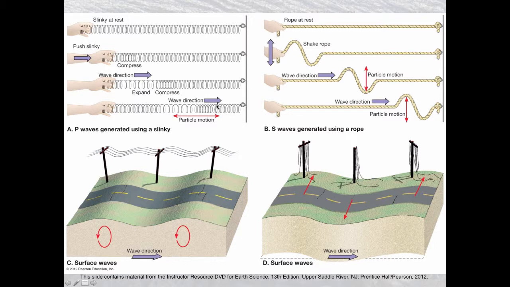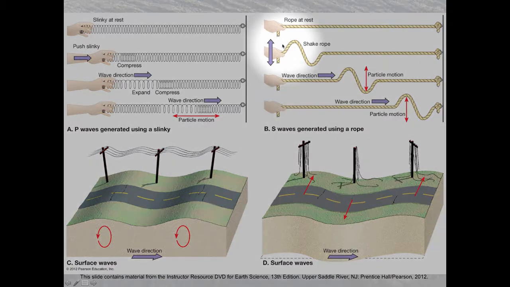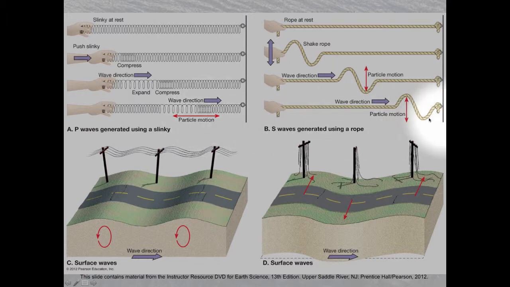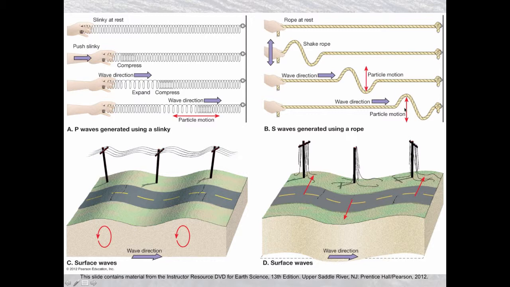Now, an S wave is more of a shaking motion. It's not a compressional wave. It's a back and forth or up and down motion, and it's analogous to a rope with a wave, when you give a rope a little snap, and a wave propagates down that rope. Now, what they show here is particle motion. They illustrate particle motion in the compressional stage, and particle motion in the S wave stage. P waves and S waves both exert energy on particles, that is, molecules of rock inside the Earth.